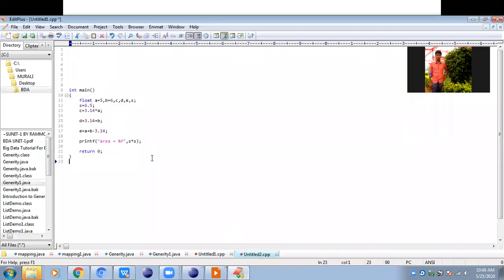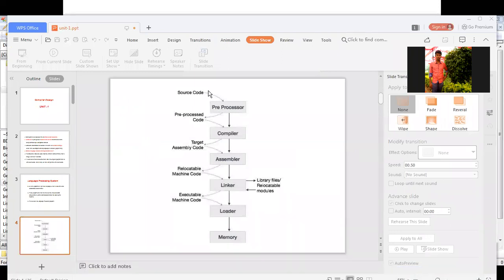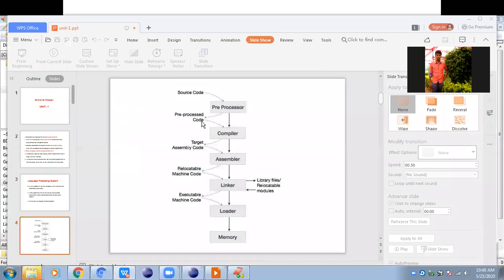Is it clear? After the second step, whatever preprocessor directives are available in the source code are replaced by their corresponding codes.